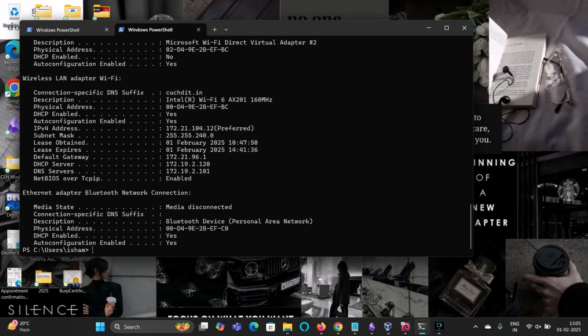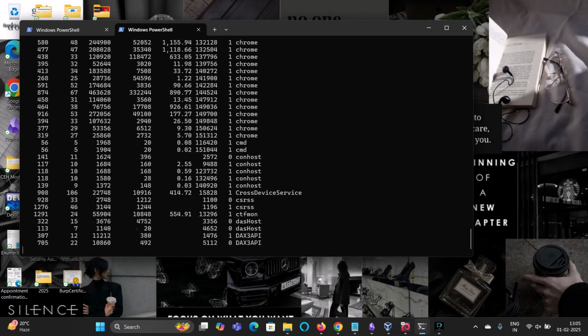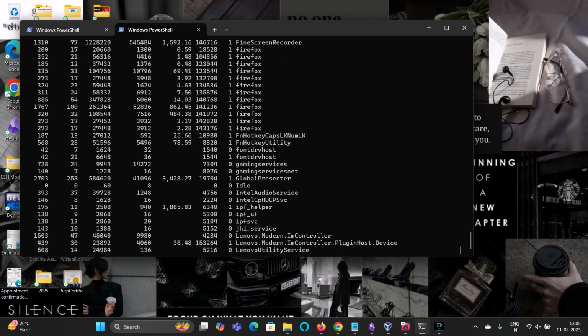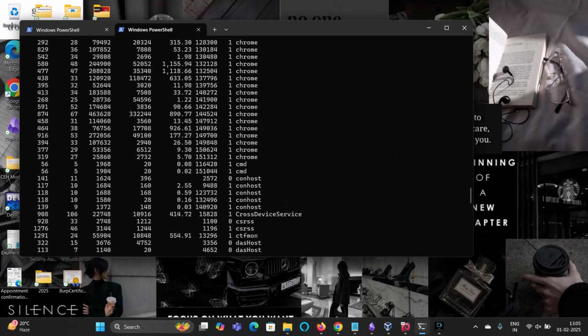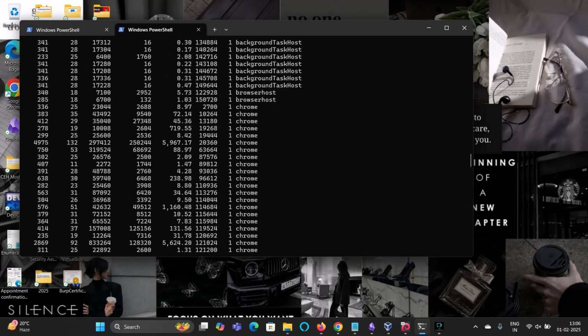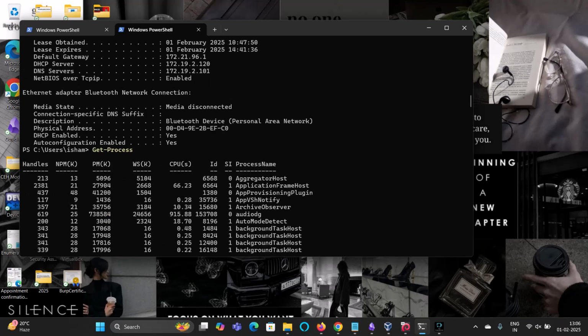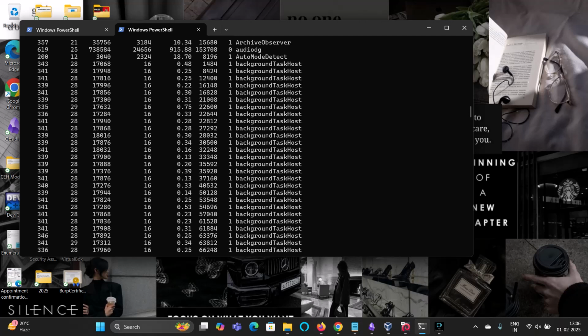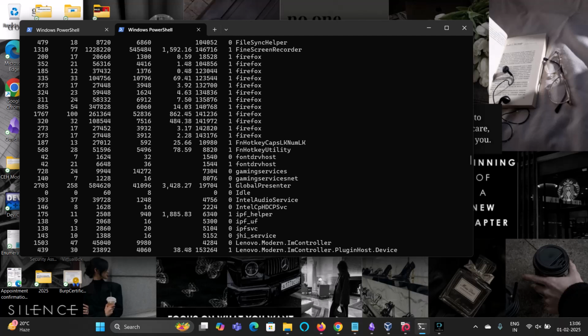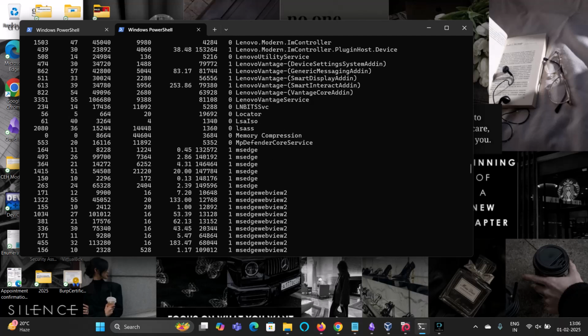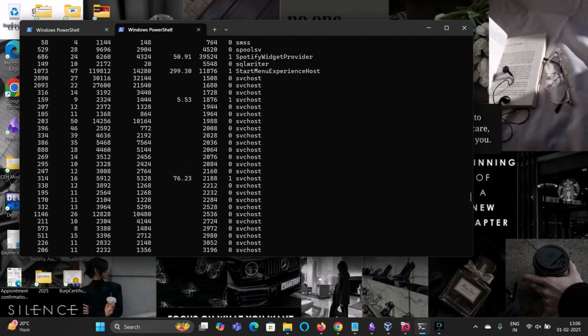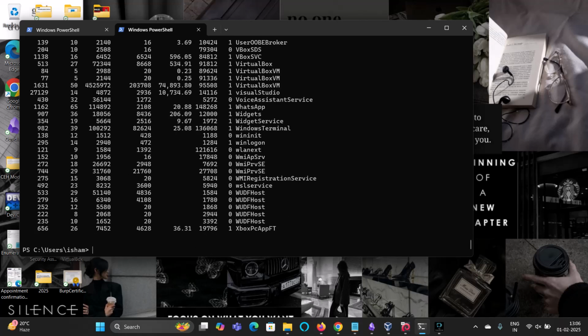And after that, you can also check Get-Process. Get-Process will let you know what processes are currently running on the system, and look, there are so many Chrome tabs open, and Firefox is also open. That's how you can get to know that this particular system is currently running all these things. I am working on a lot of things, so that's why my Chrome and everything is so much open. So that's how you can get to know about it.